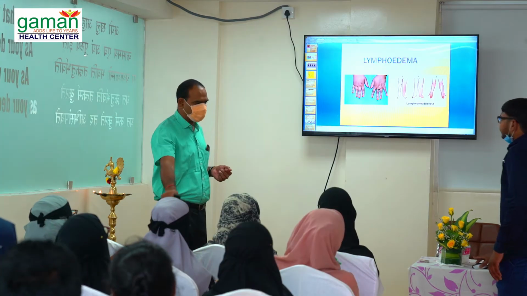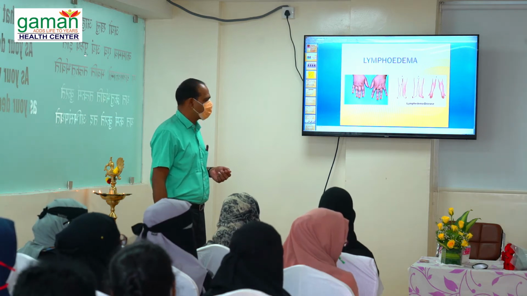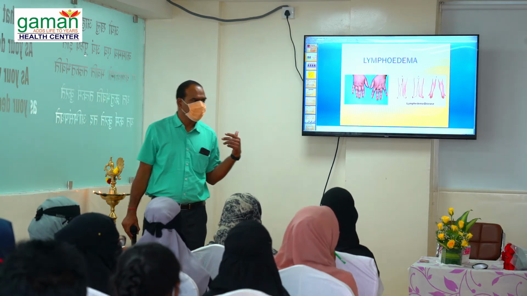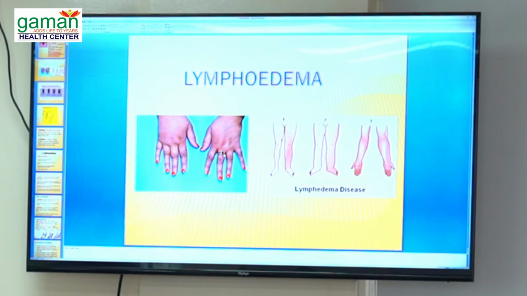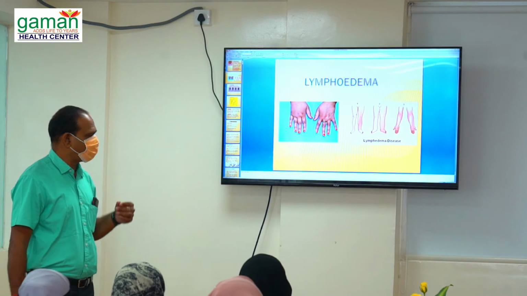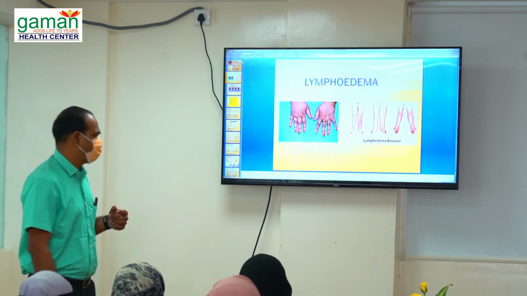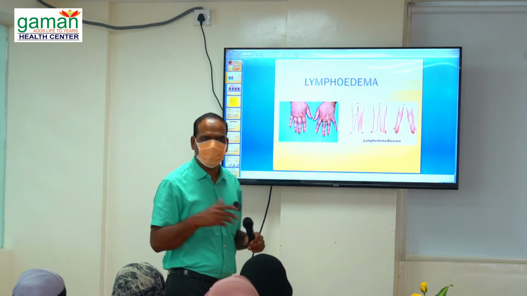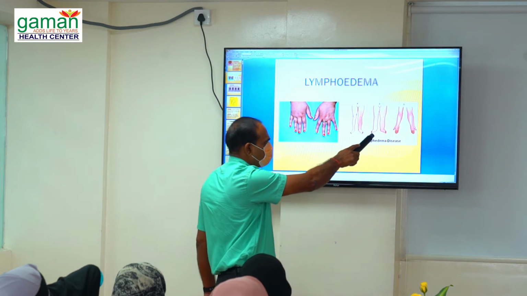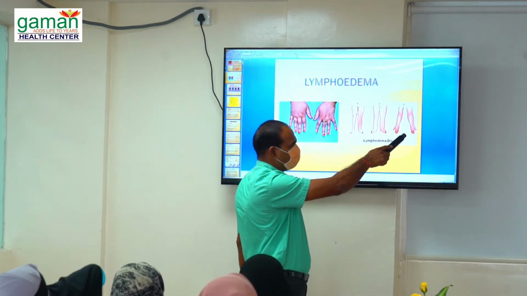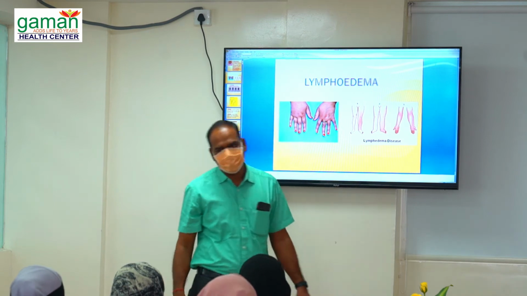What is the role of? Just see the picture. Is there any difference between both the hands and legs? Who will tell me? Any difference? What happened in the first picture? Swelling of which, right or left? Right. Then what about the second picture? Pointer is there. What about this one? Here, one limb. Yes. Here, both the hands. So that is only the lymphedema.